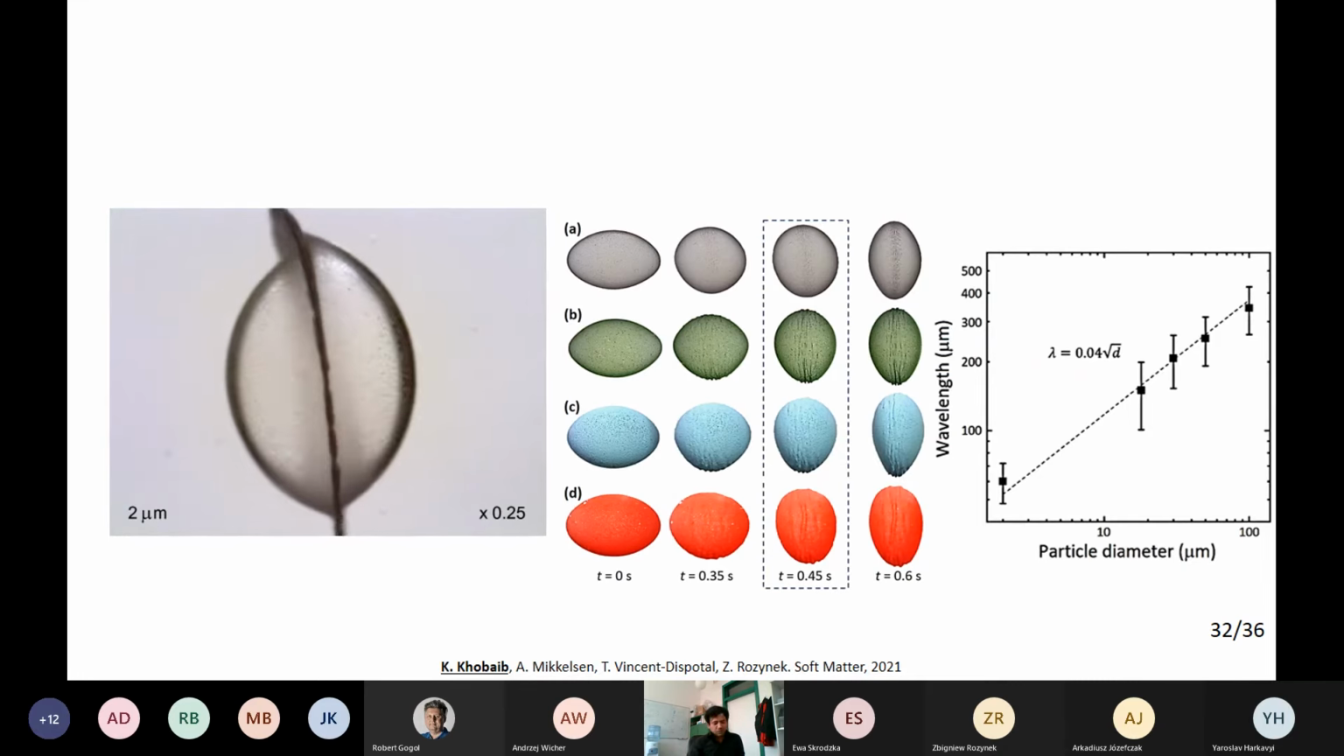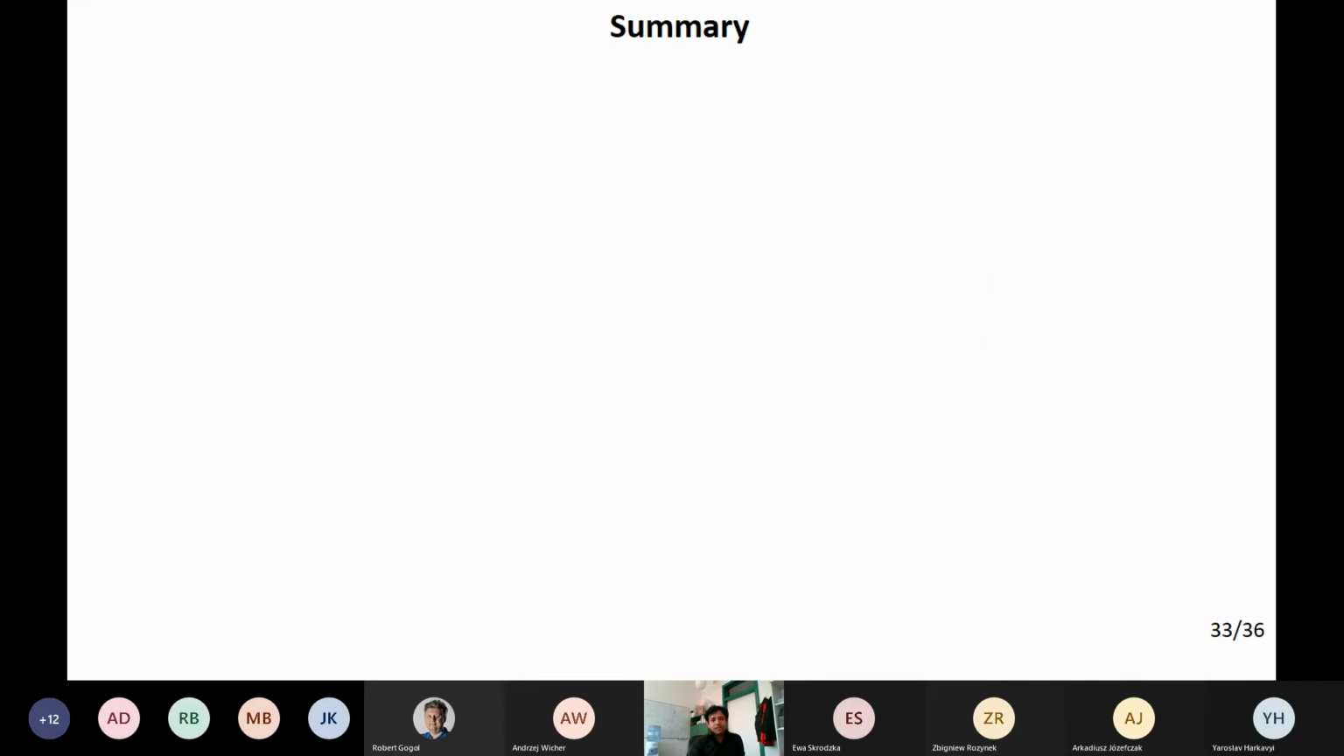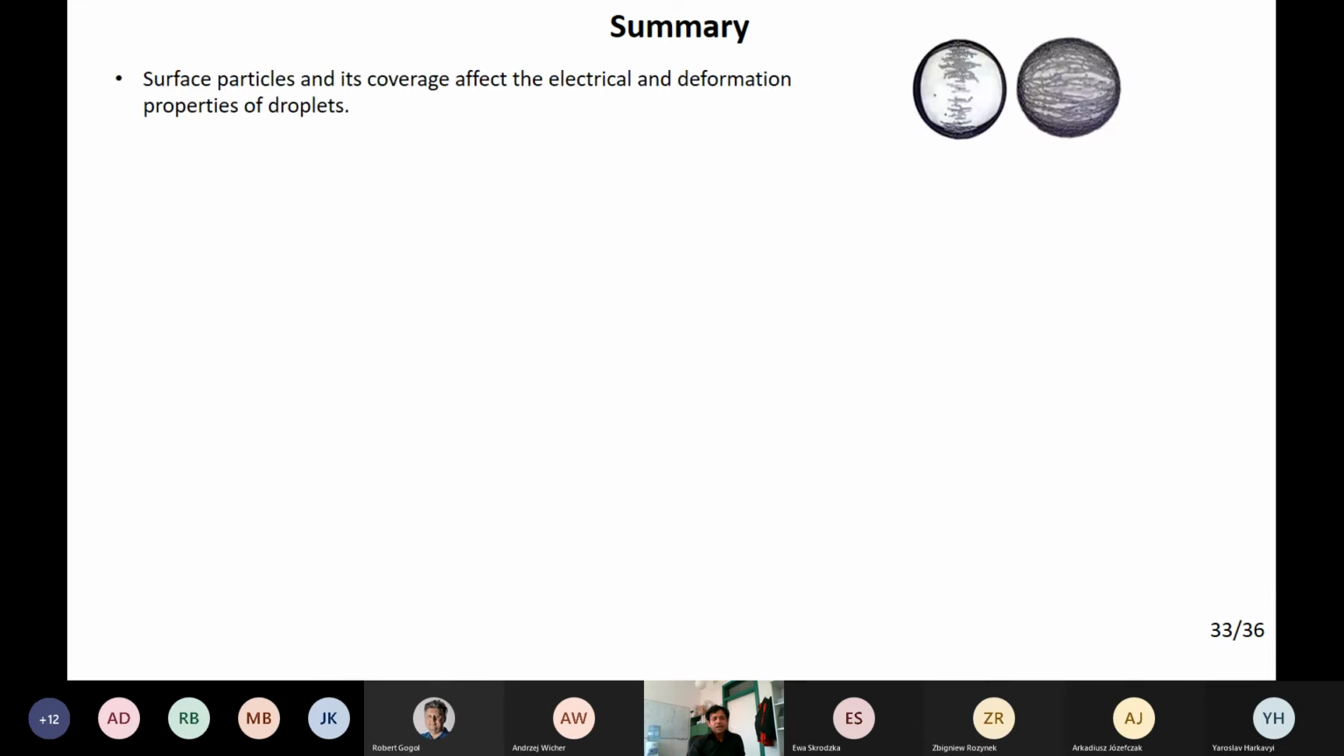Now here I would like to conclude my talk, and I will summarize it. First, I showed you that the surface particles and their coverage affect the electrical and deformation properties of the droplet. When we use non-conductive particles with different particle concentrations, the droplet remains in the oblate deformation. But when we change the conductivity with different particle concentrations, the droplet went from prolate to